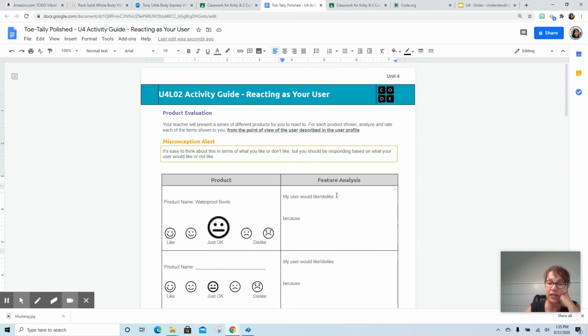And then I'm going to put some feedback in here as to why I feel her user would like or dislike this product. Well, since she's retired and she's in Atlanta, Georgia, I would say this product is practical and would suit her needs if she were to need waterproof boots. Because of where she lives,